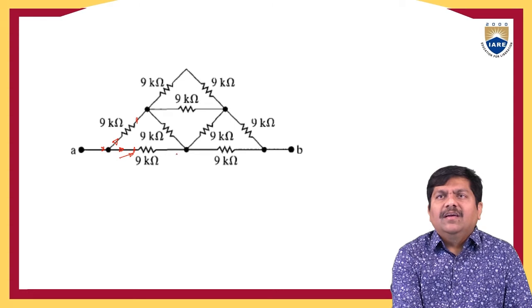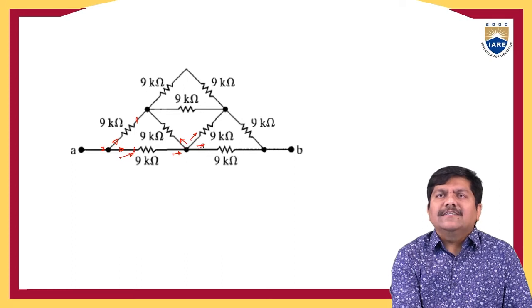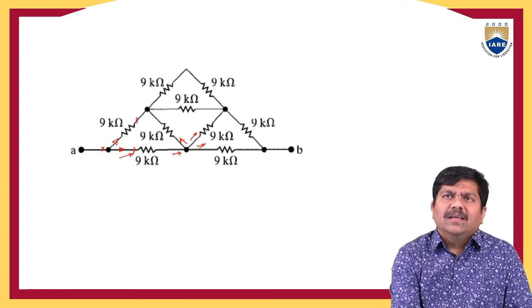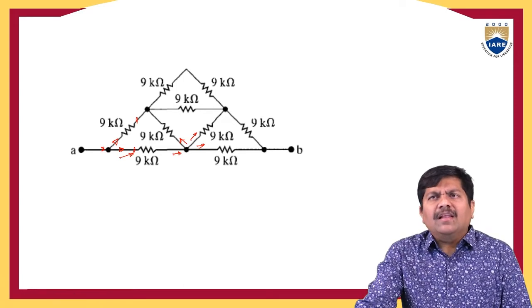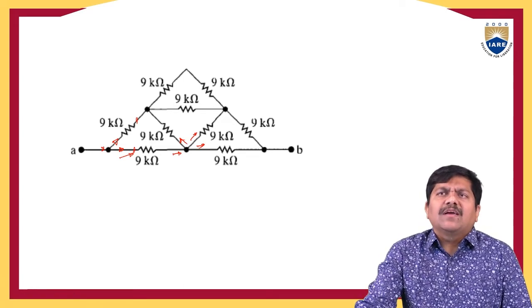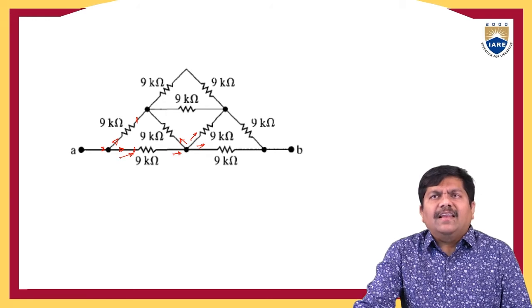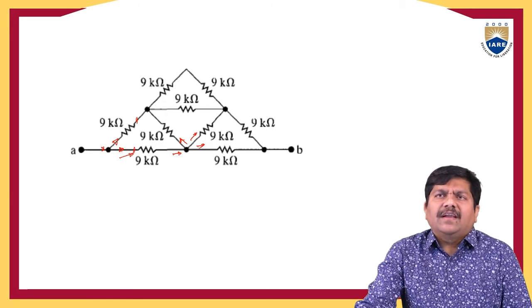Let this current come here, and again here the current is divided into 3 sections. So, again the current is divided at 3 more points. Similarly, if you use these series and parallel configuration techniques to reduce the complexity of this electrical network, it is a time consuming, laborious process.